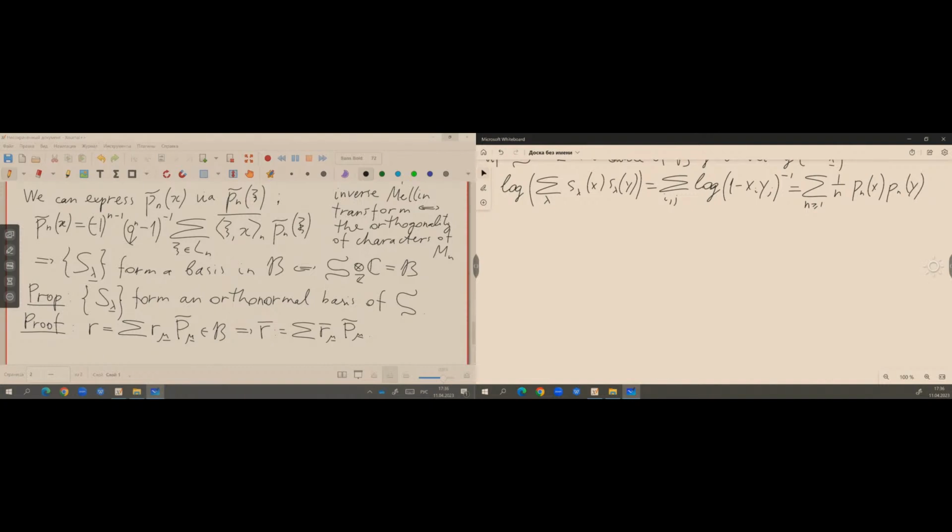So the classical Schur functions form an orthonormal basis of the classical lambda ring,